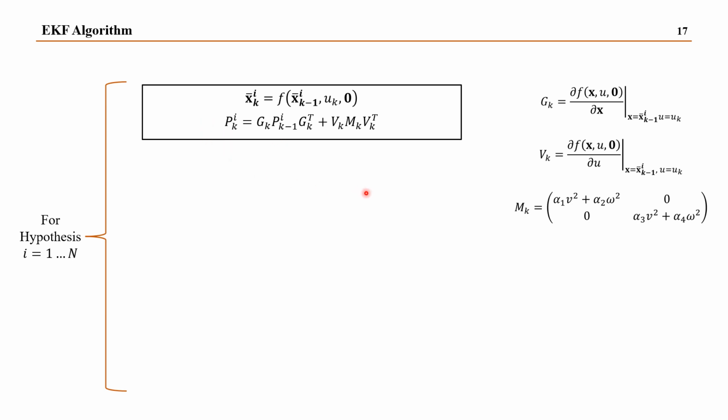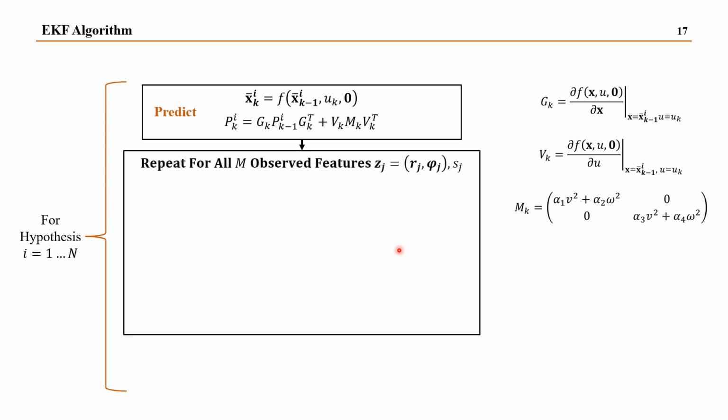That is the usual prediction step. We're going to just call it predict, and then we assume that at this current time step we observe m features. Now these features might be different. We might observe a different number of features at each time step depending on how many landmarks exist in the current